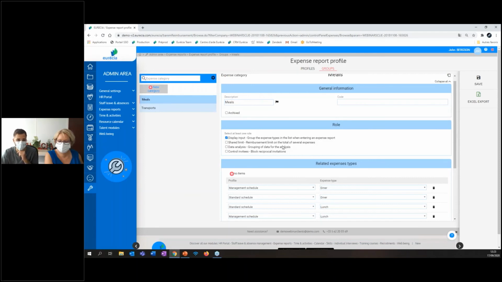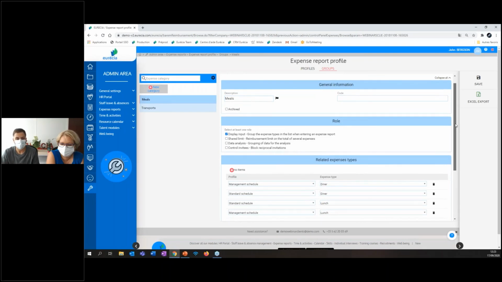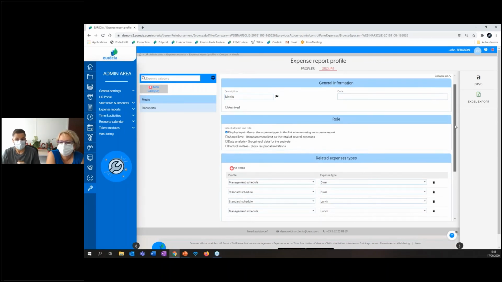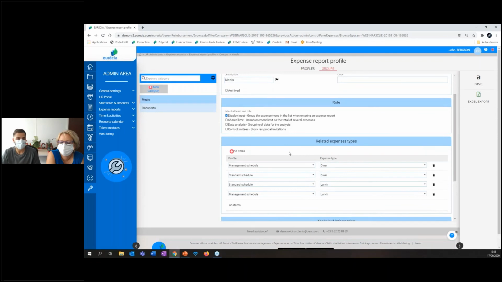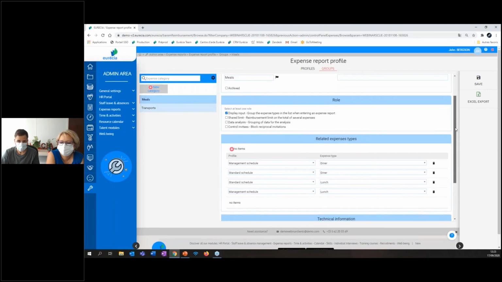But you can as well create a group to set up a reimbursement limit on the total of several expenses. You can create a group to group expenses for data analysis, and you can as well create a group to block reciprocal invitations. So you have many roles. And then when you create a group, you obviously have to list all the expense types that will be